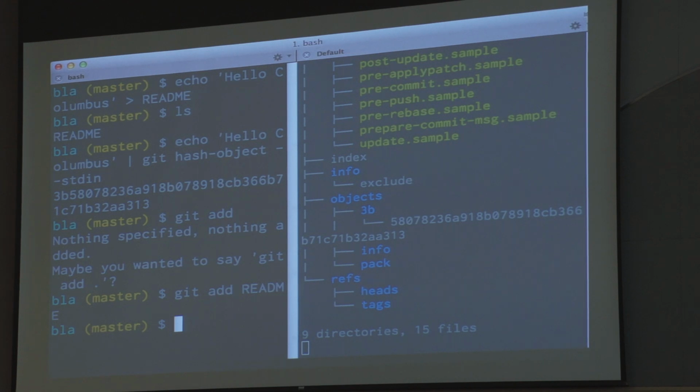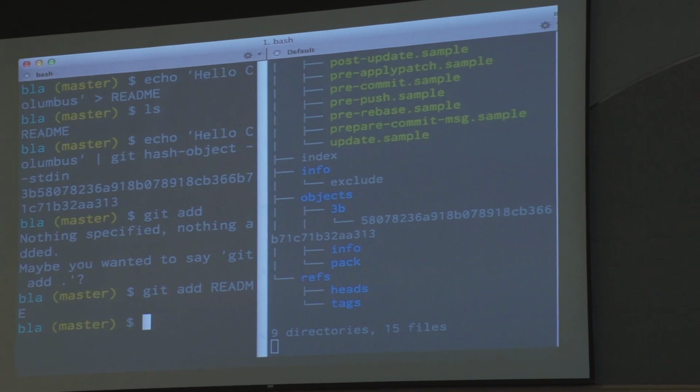So what did Git do? Git took the contents of the README file, calculated the SHA, then made a directory with the first 2 characters of the SHA under the objects directory, made a file with the remaining 38 characters, and stuck it inside there. Does that make sense?